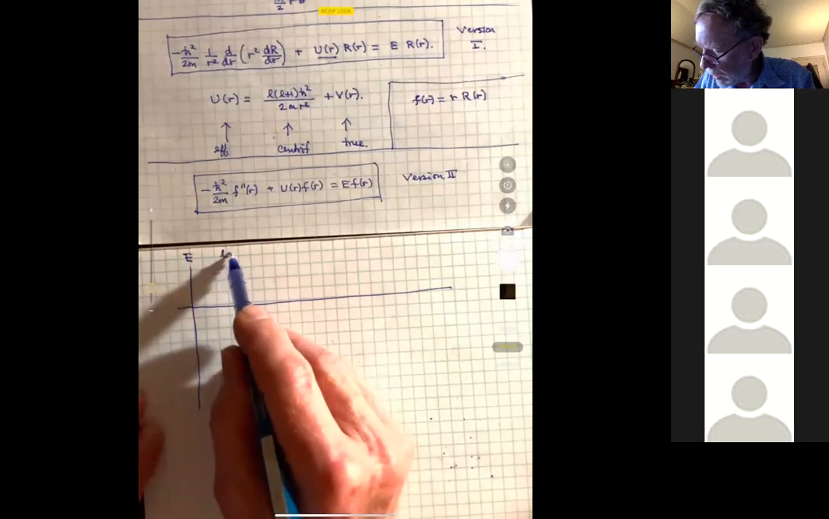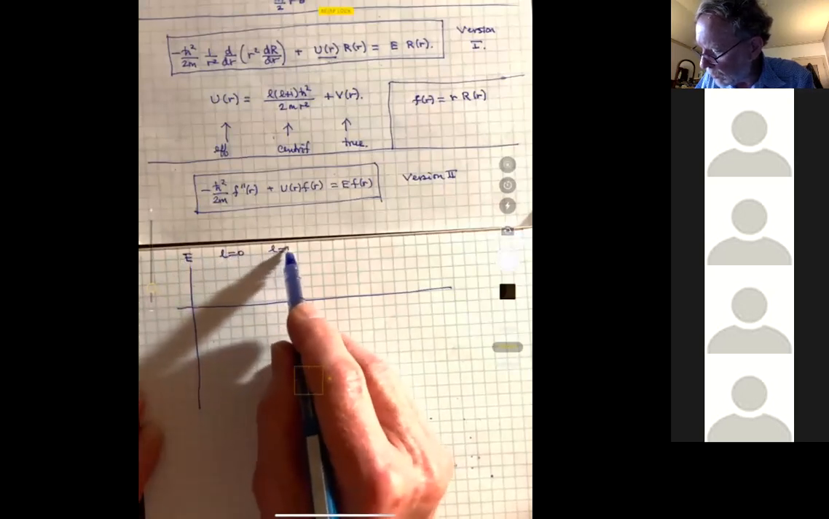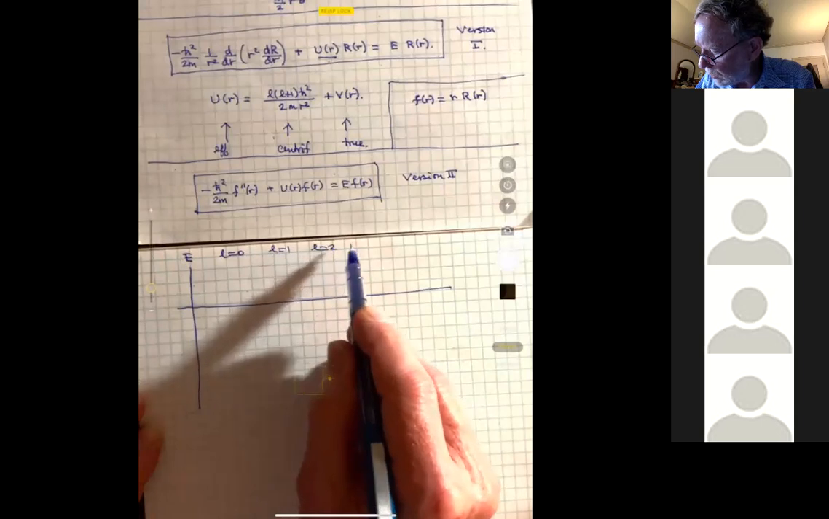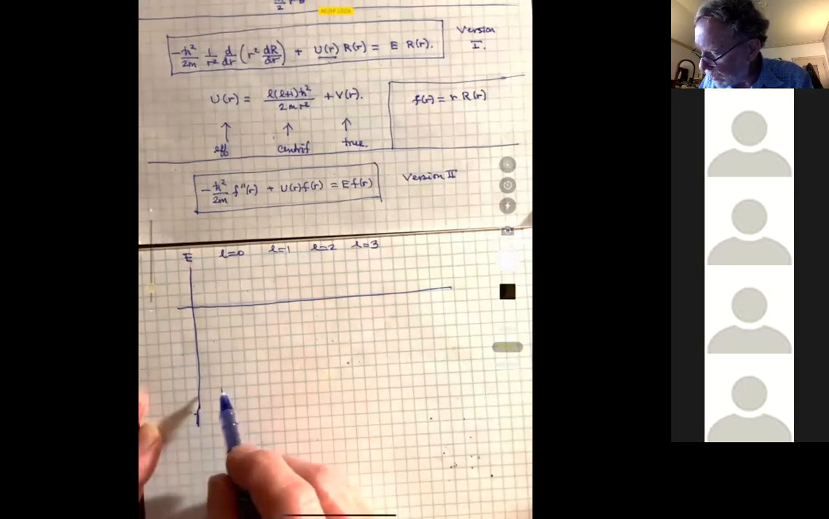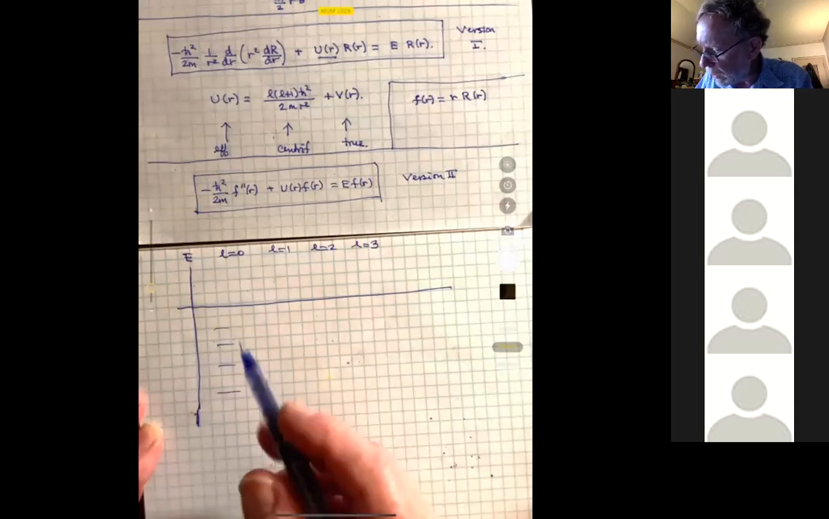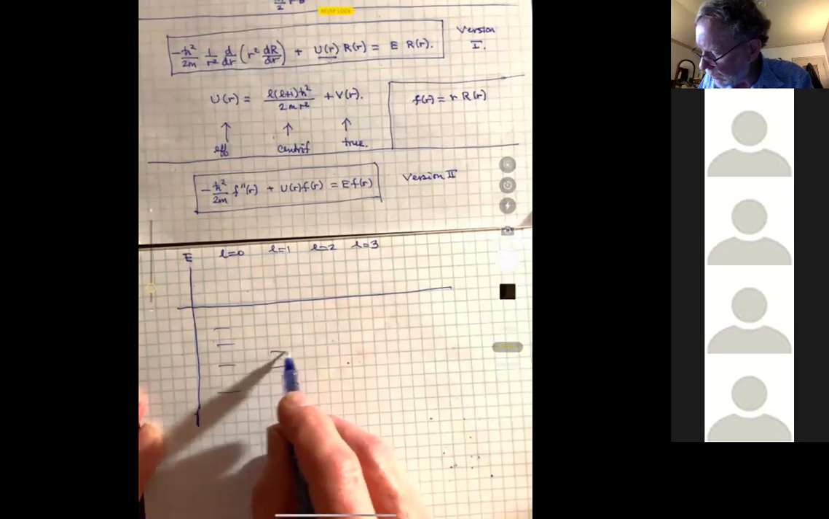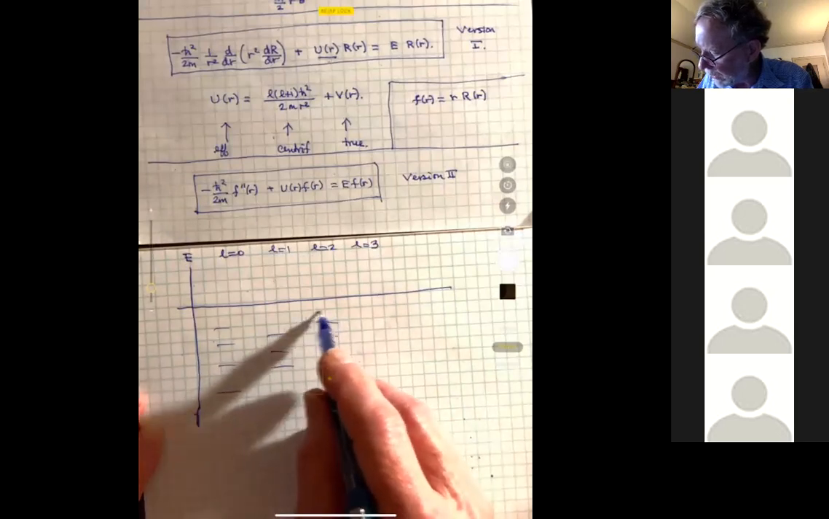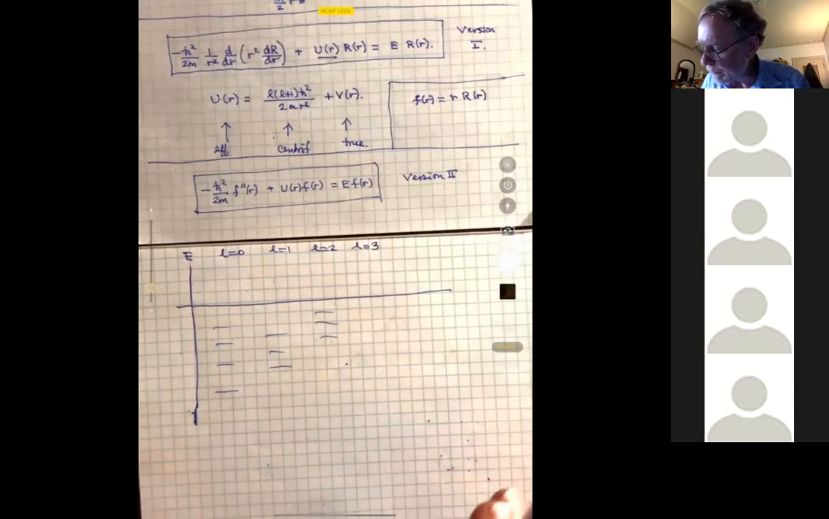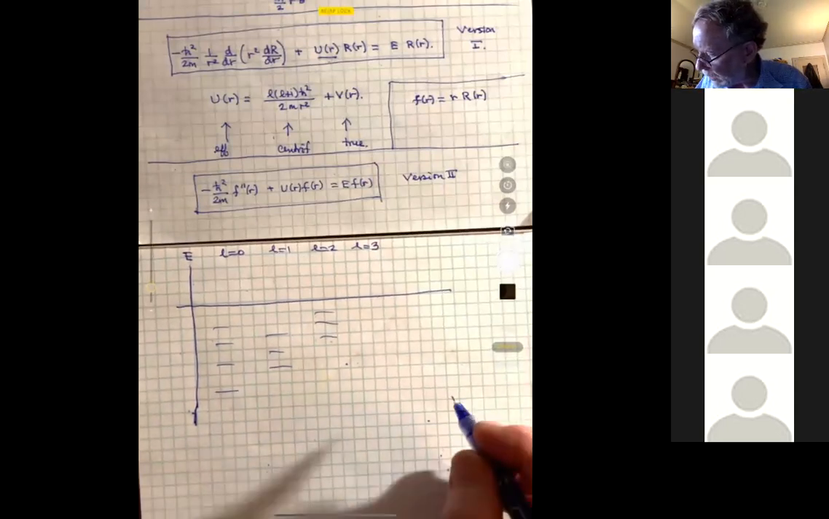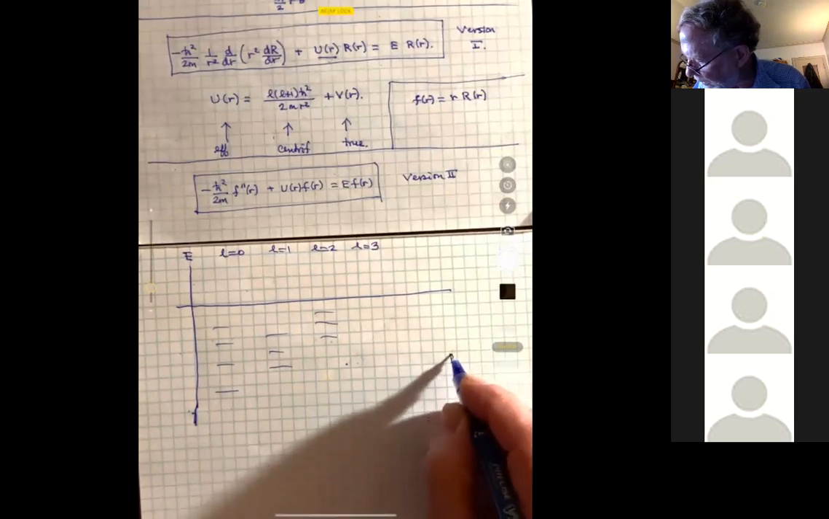So let's just set up columns here: l equals 0, l equals 1, l equals 2, l equals 3, and so on. When we solve the l equals 0 equation, we get some energy levels. Who knows what they look like? It depends on the potential. For l equals 1, you get energy levels, for l equals 2, you get energy levels, and so on. It could look something like this. As far as the energy levels themselves are concerned, they need to be indexed by l